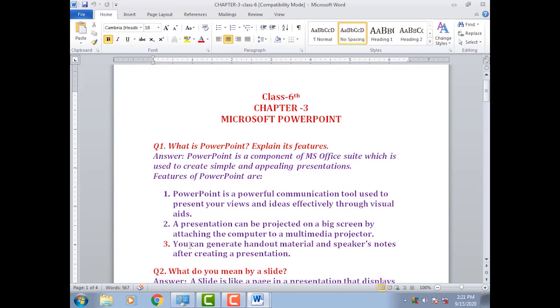Now we will see the practical of adjusting the line spacing between text or paragraphs. Do you know, children, what line spacing is? Line spacing determines the amount of vertical space between the lines of text in a paragraph. And what is paragraph spacing? Paragraph spacing determines the amount of space above or below the paragraph.